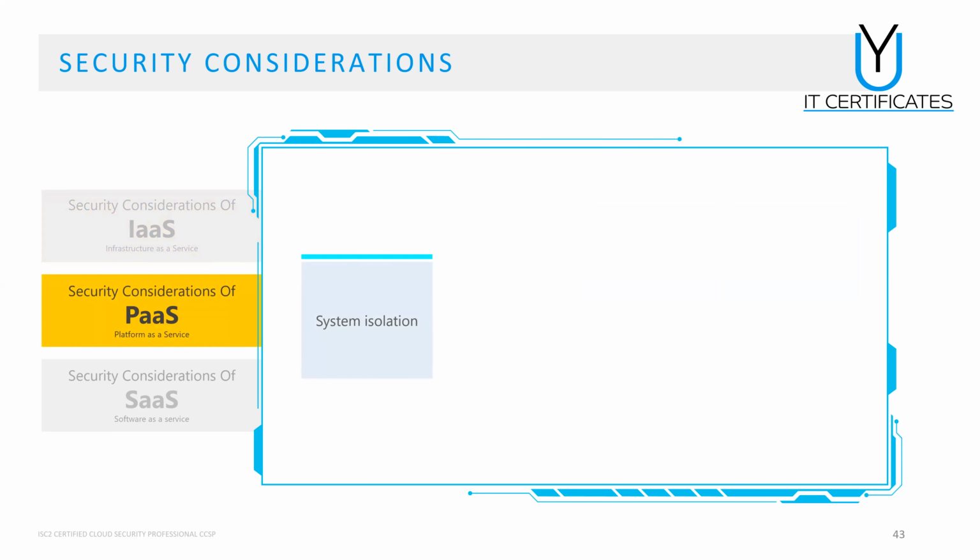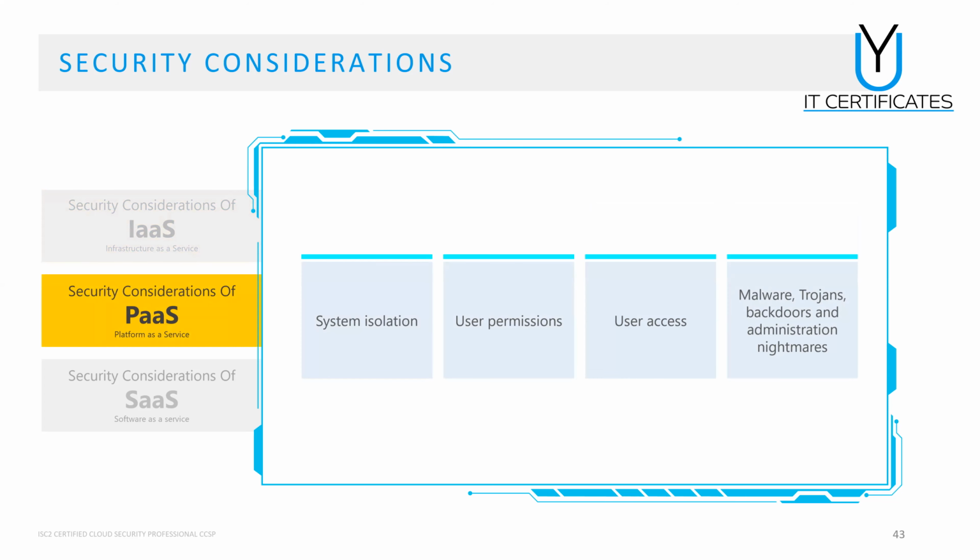When we come to the PaaS, we again have some security considerations which you have to take into consideration in the cloud service hosting models, such as system isolation. This is very important. What do you mean by system isolation? As we mentioned, PaaS is platform as a service, and this will provide you the platform to develop your applications. What we are saying here is that you must have total isolation between the system, the servers, the hardware, and so on, and the platform.